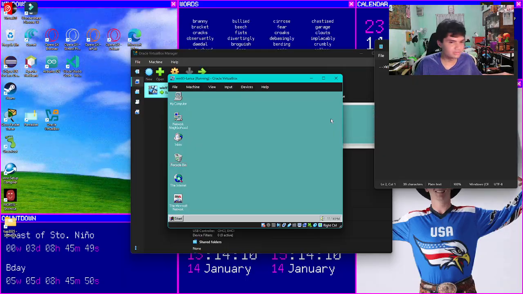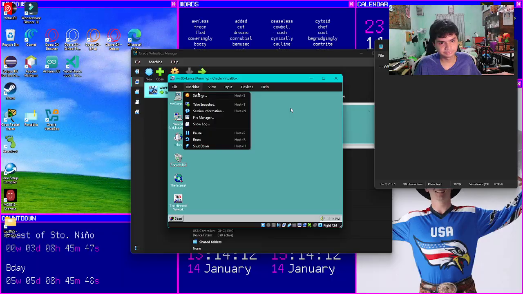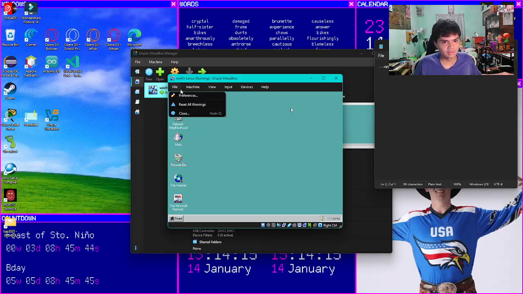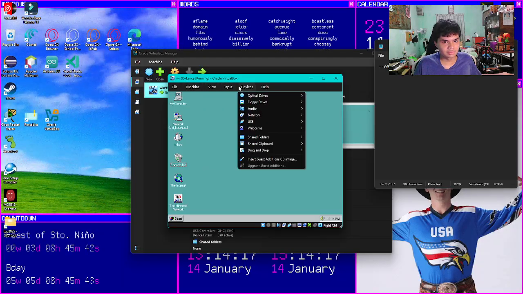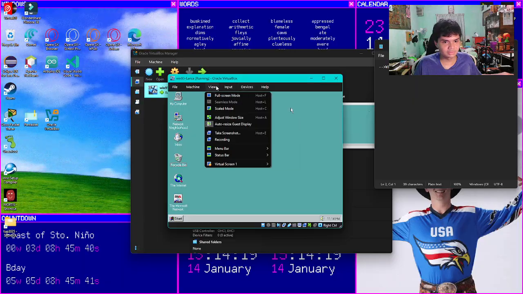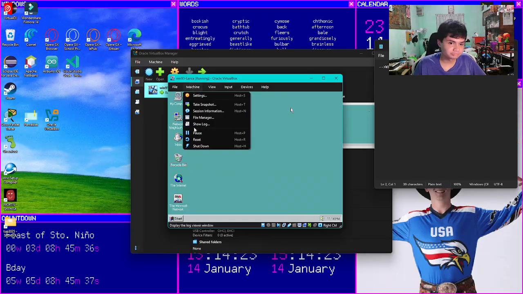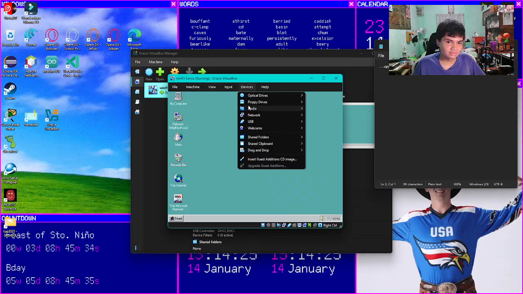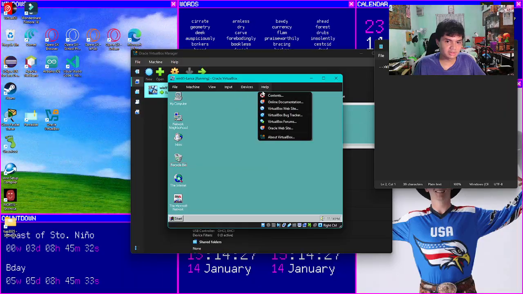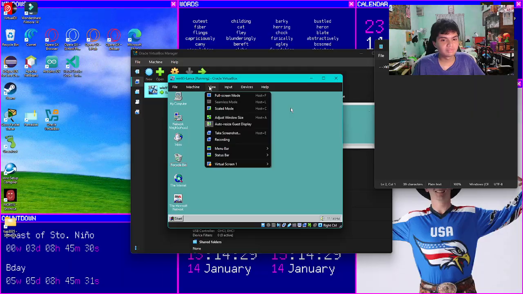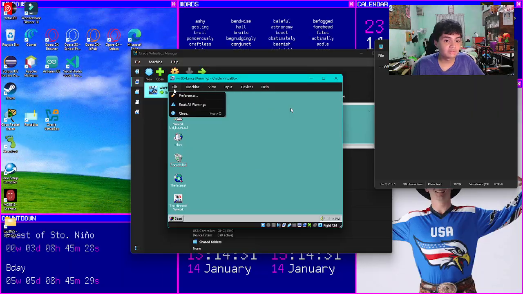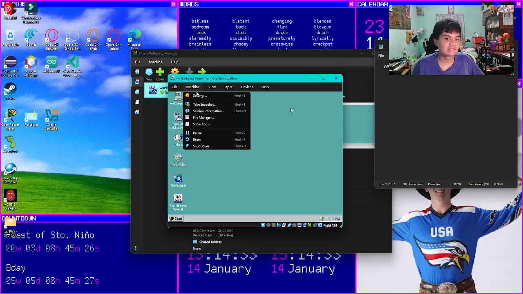So okay, we're done installing the Windows 95 in our virtual machine. In retrospect, that's how you can install Windows 95 in a virtual machine.